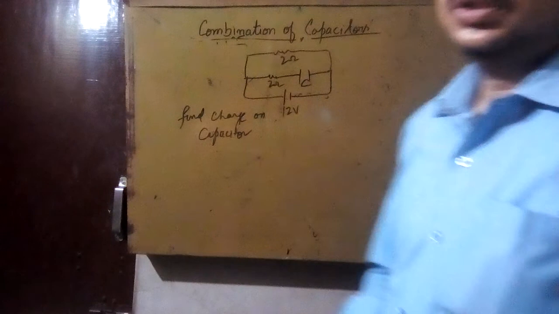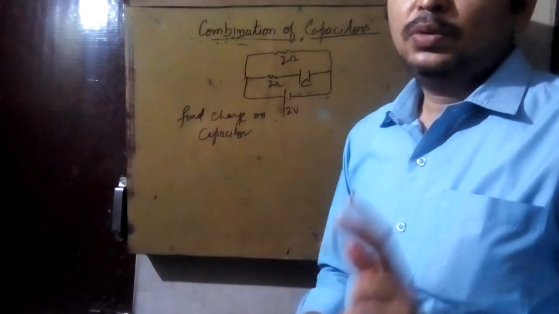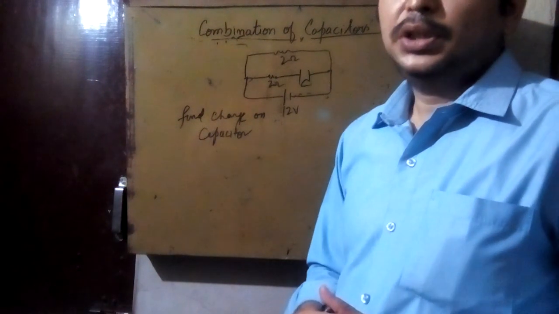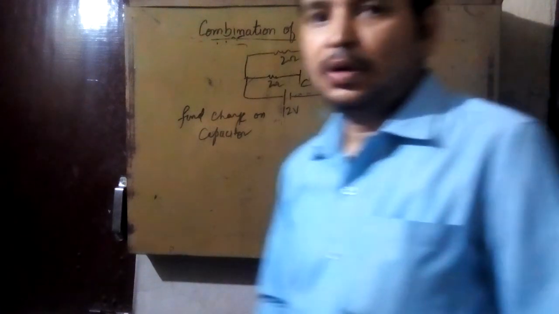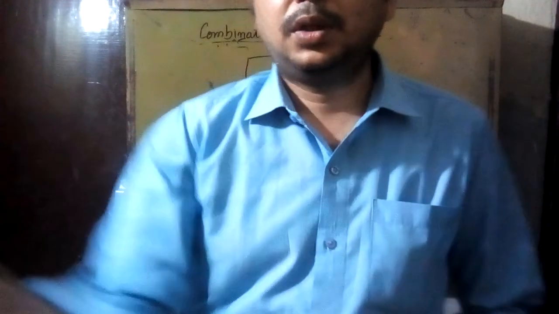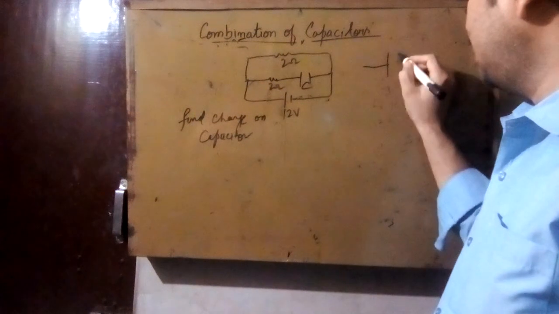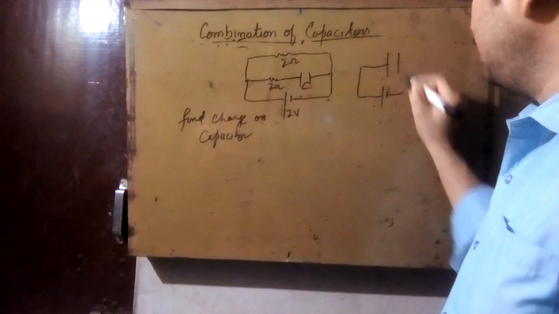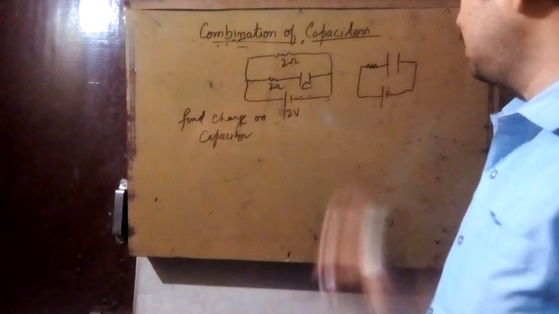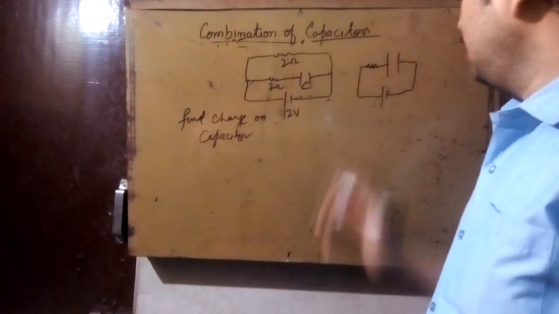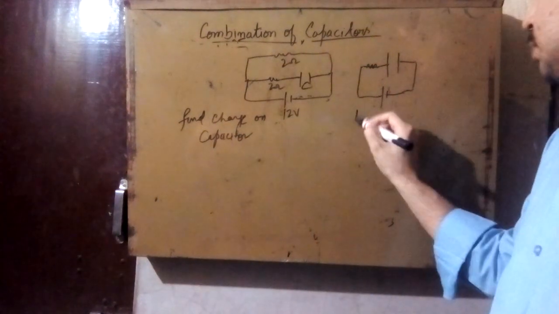For solving this question, you must understand two stages of charging a capacitor. First is the initial state and second is the steady state. What is the meaning of steady state and what is the meaning of initial state? See, suppose a capacitor is there and if you directly connect it with a battery, then it will not work. So for that one resistor is connected with it. Clear?